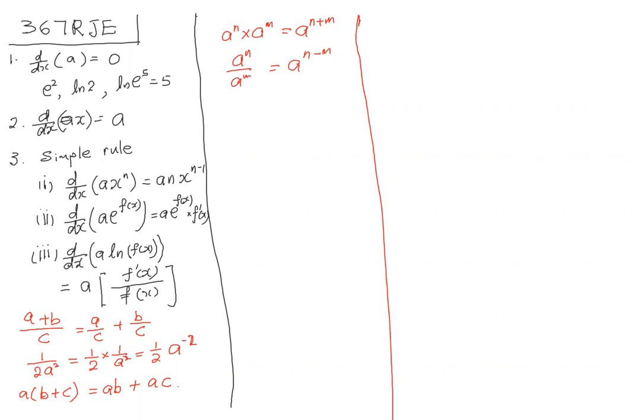Okay. So after the simple rule, if the simple rule cannot apply, then the fourth one, I go to the chain rule. So the chain rule is for a function that goes like that, a number times a function to the power of n. So when I differentiate this, when I find the gradient function,